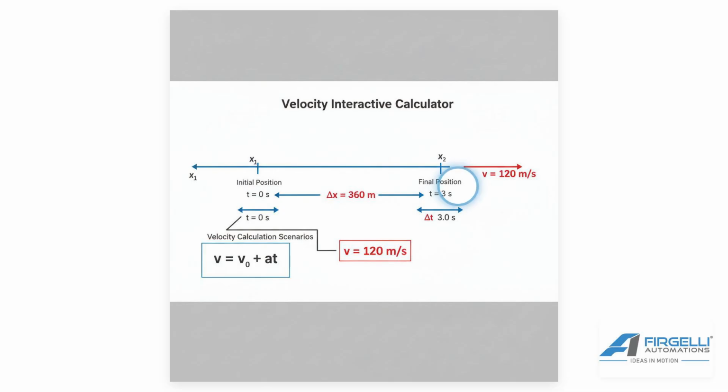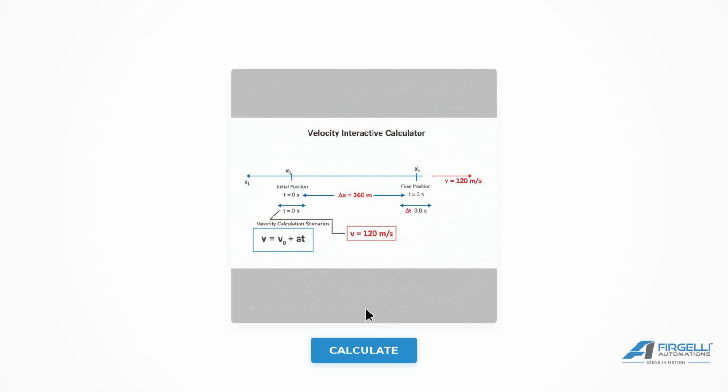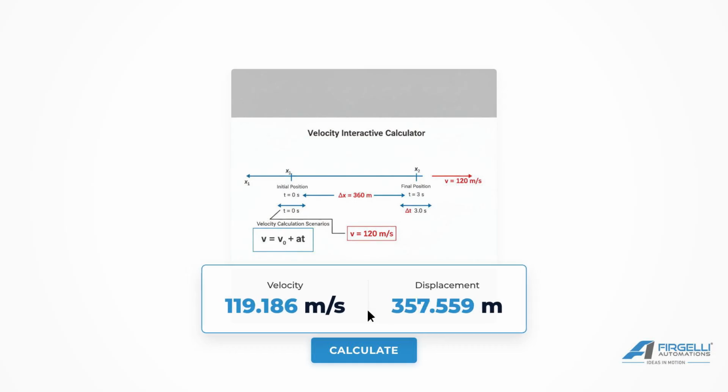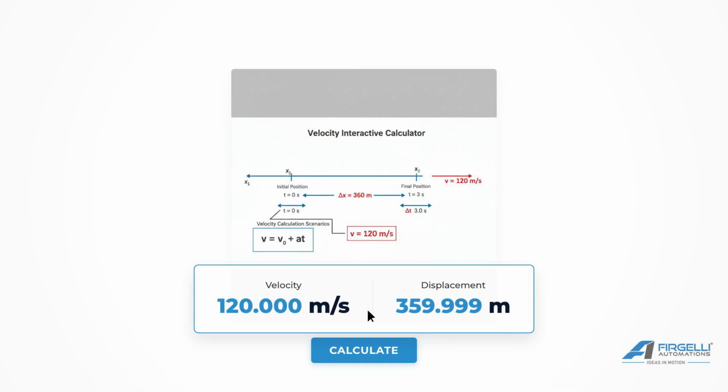For our example, I've entered initial position as 10 meters, final position as 360 meters, and time interval as 3 seconds. After clicking Calculate, the results show velocity equals 120.000 meters per second, and displacement equals